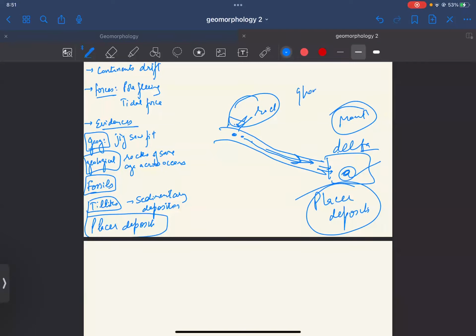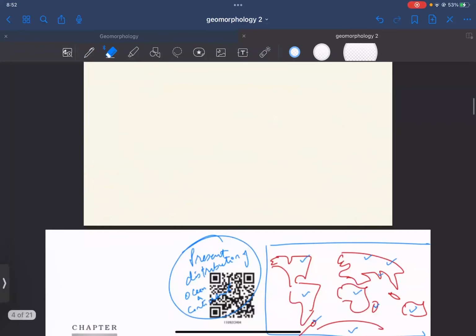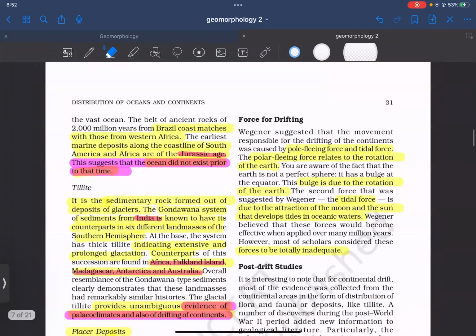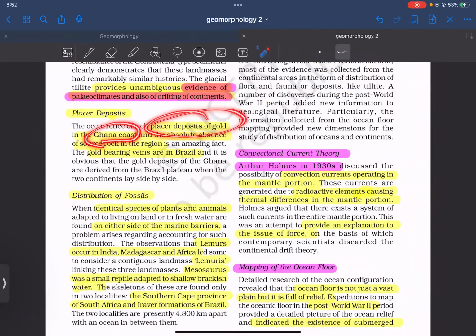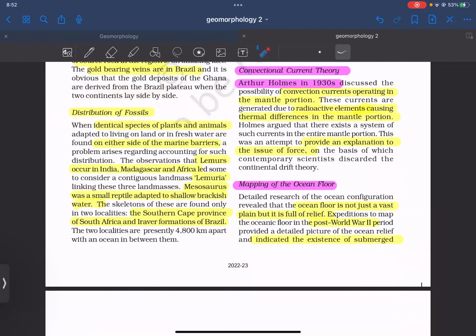तो ऐसे ही हमें क्या मिला है घाना और ब्राजील के केस में। जो घाना वाले रीजन हैं वहां पे हमें प्लेसर डिपॉजिट्स मिल रहे हैं गोल्ड के, पर जो रिवर का सोर्स है वो हमें कहाँ मिल रहा है? ब्राजील में। तो ये कैसे पॉसिबल है? पास्ट में जुड़े होंगे तभी सेपरेट हुए हैं, राइट। सो प्लेसर डिपॉजिट्स का ये एग्जांपल हमने यूज किया एज ए एविडेंस, जो अल्फ्रेड वेगनर ने दिया। सो प्लेसर डिपॉजिट्स ऑफ गोल्ड इन घाना कोस्ट, पर एब्सेंस ऑफ सोर्स रॉक। सोर्स रॉक कहाँ मिला हमें? ब्राजील में।